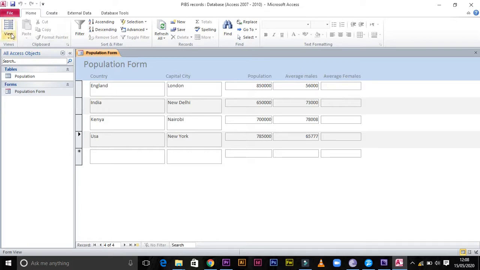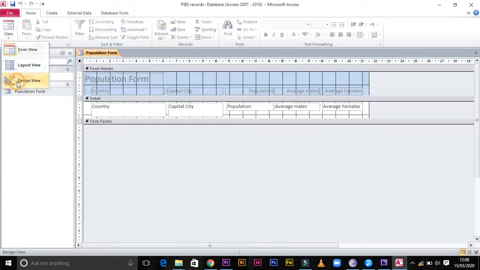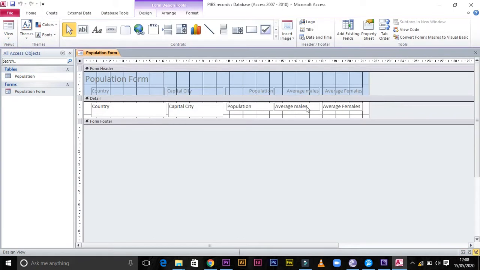So just click home, view. Remember, we are on the form, then you're opening it in design view. Then here you just delete whatever is here, then you write the equal sign. Remember, to get average females, you deduct, that is, it is population minus average males.